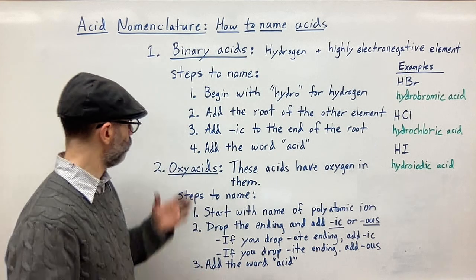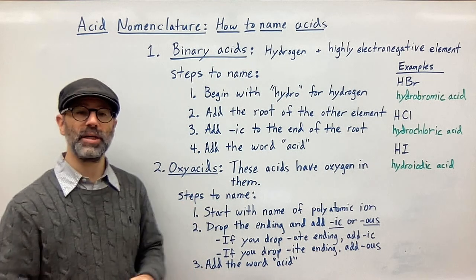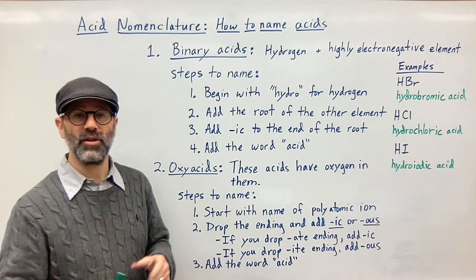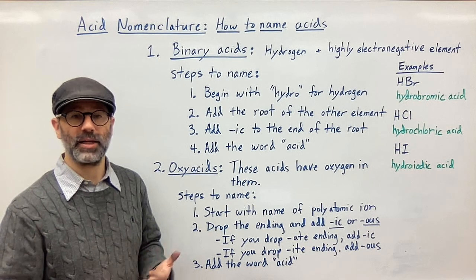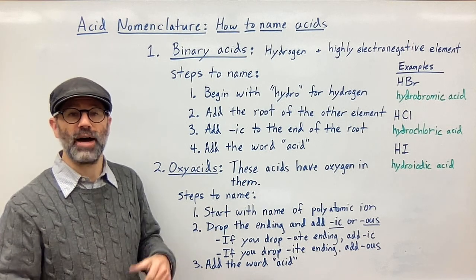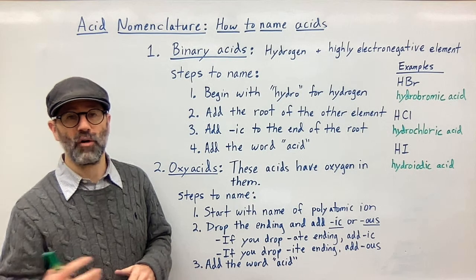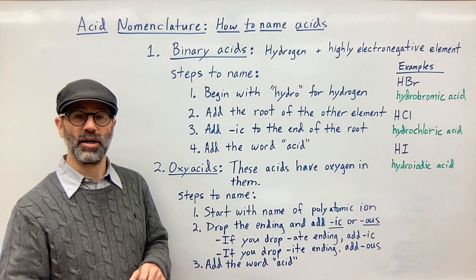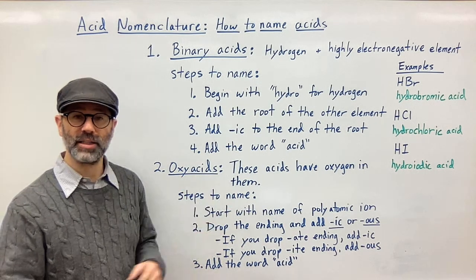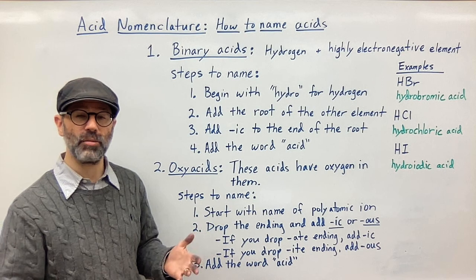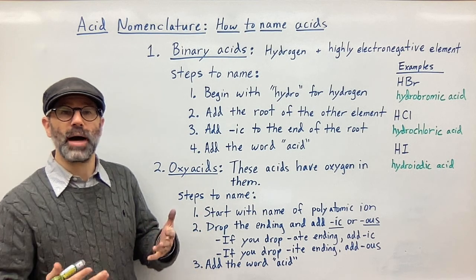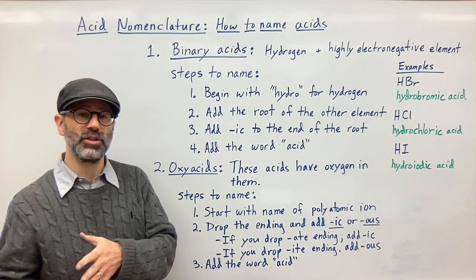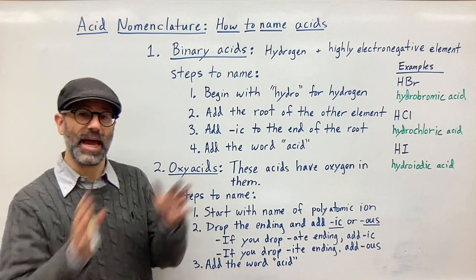Okay. What about oxyacids? These are going to be the acids that have oxygen in them, and these are the acids that are made up of some polyatomic ion, right? So you have sulfate ions, sulfite ions, nitrate ions, nitrite, or other polyatomic ions that have oxygen in them as well. So you can think of these acids as being polyatomic ions that have oxygen in them with H plus added